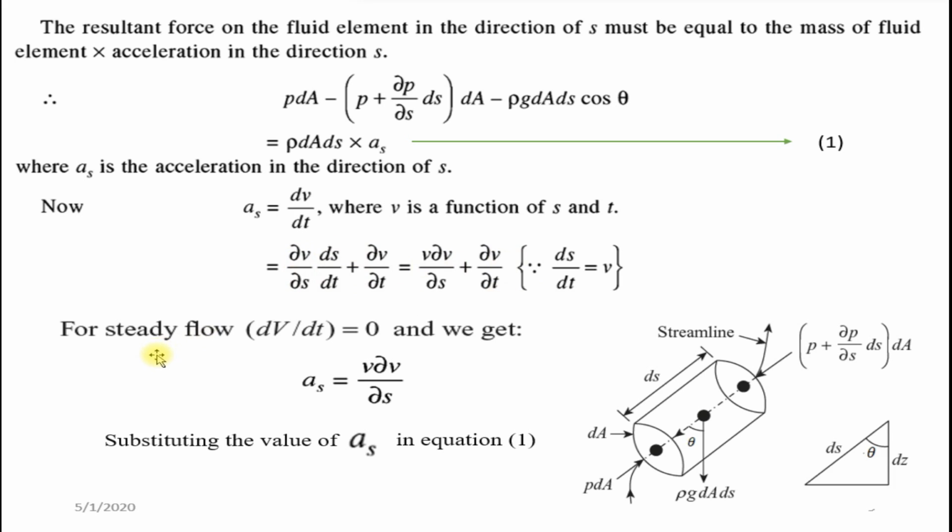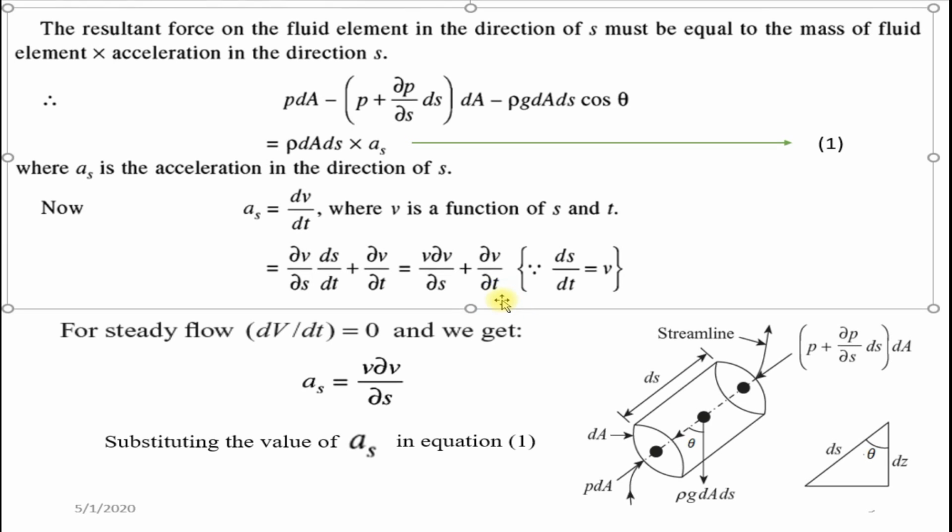So for the Euler equation derivation, we have already said ideal flow and steady flow. Steady flow means the parameters with respect to time will not change, so you can neglect this ∂V/∂t term. So that is equal to 0. We can write dV/dt because V is a function of only one variable. If any function depends on only one variable, you can write the partial derivative as a direct derivative. The direct derivative is equal to the partial derivative when the parameter depends on only one variable.